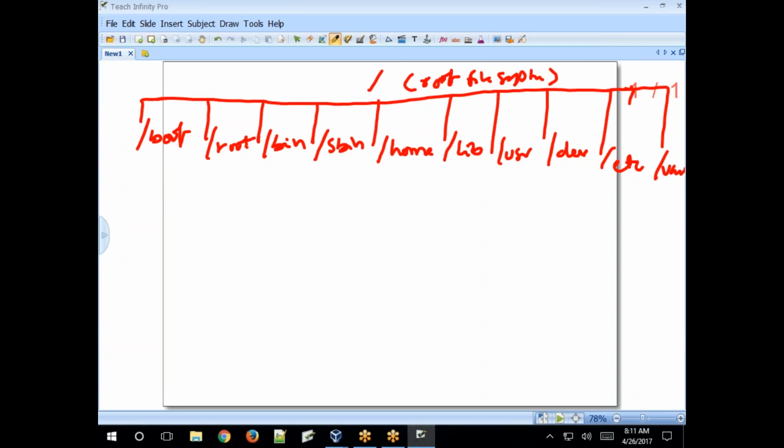This is the file system structure on our Linux, like a tree. The file system starts with a forward slash, that is called the root file system.